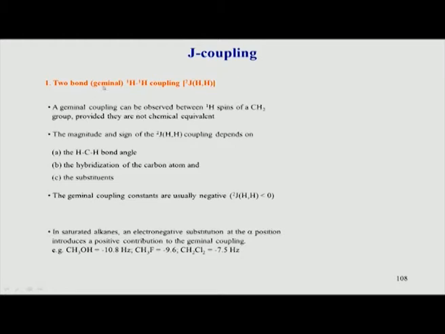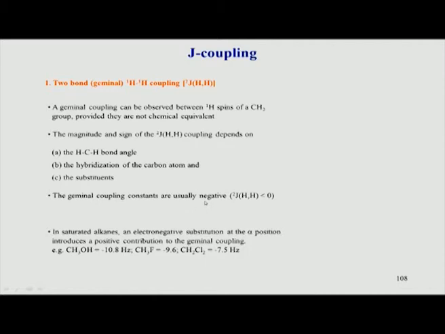So, we have what is called 2 bond geminal coupling. The typical notation we use in NMR is to write the 2 as a superscript before J, which means 2 bond hydrogen coupling. The geminal coupling can have a negative value or it can have a positive value. Couplings can always have both positive and negative values, although from a simple 1D NMR you can never find out the sign of the coupling. That is why 2D NMR and other techniques are available to find out the sign of the coupling, sign meaning whether it is negative or positive.